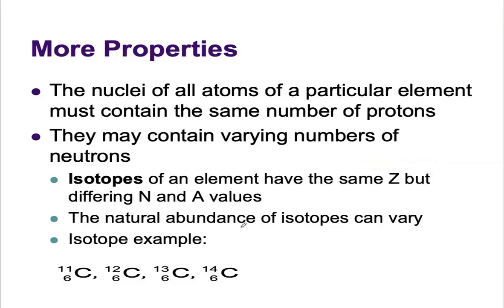The nucleus of all atoms of a particular element must contain the same number of protons. So isotopes, isobars and isotones you are all familiar with. Isotopes are those atoms having the same number of protons but different A values, and there are various examples of these isotopes. Now if you compare these carbon isotopes, all these carbons have the same number of protons